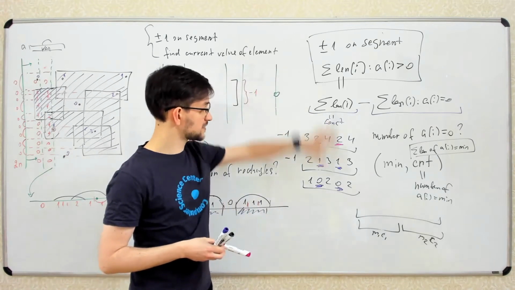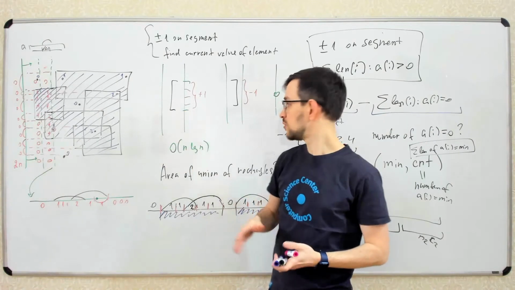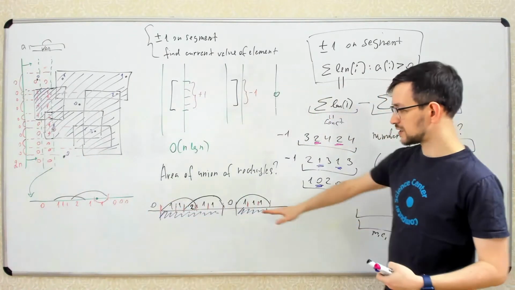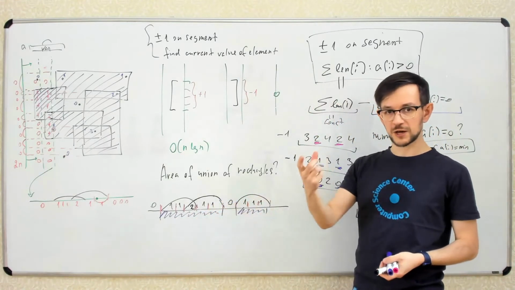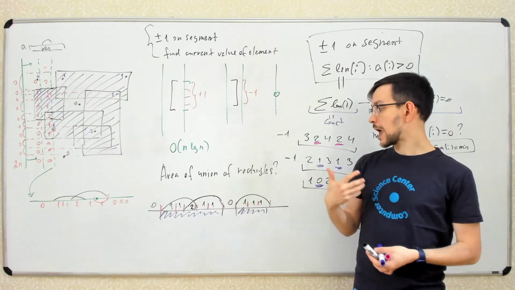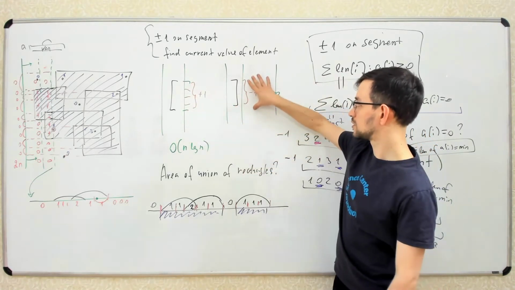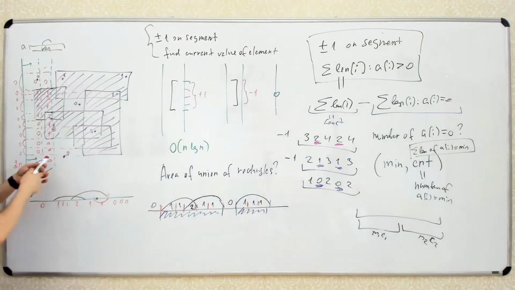And now we take this data structure and apply it to our two-dimensional case. So we just, again, we move from left to right. Each time we maintain this picture, so we maintain the number of rectangles covering all segments of our segment tree. And when we have left border, we increase by 1. When we have right border, we decrease by 1. And each time when we move our sweep line from here to here,